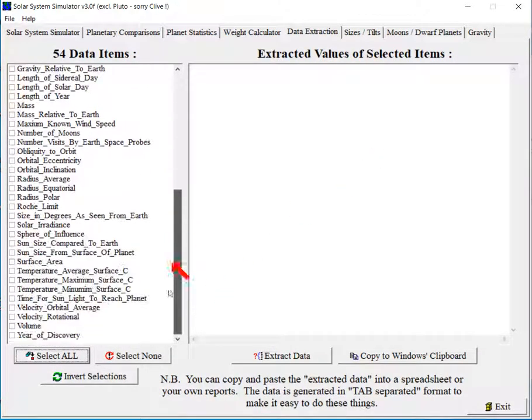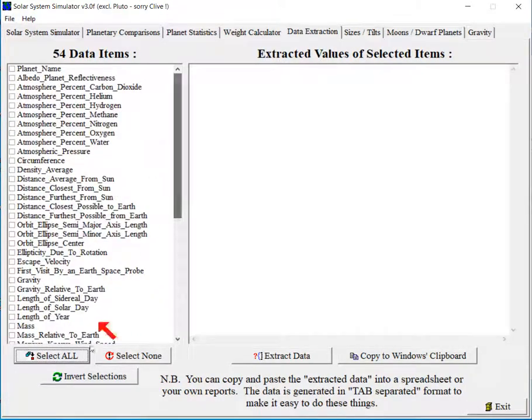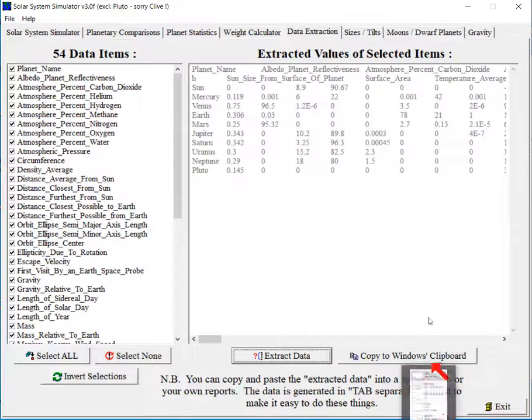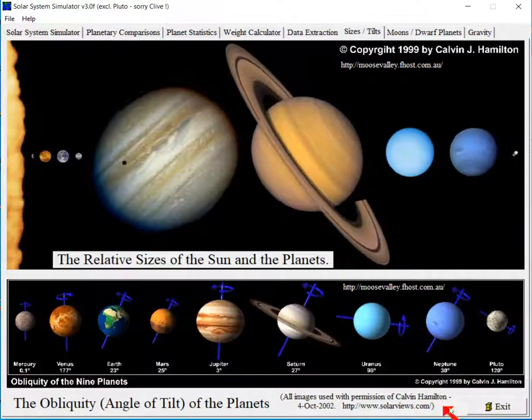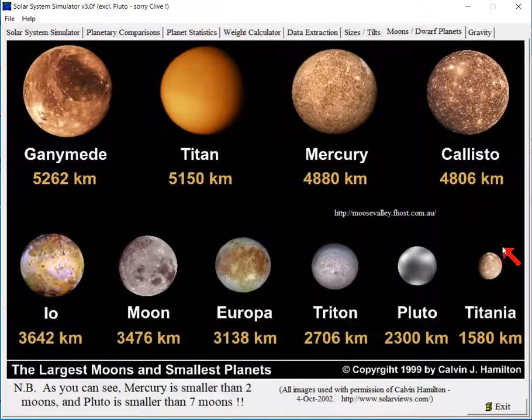If you want to extract the data for your own use, you can do that as well with this tool here. Select all, extract data, and then just copy it and paste it into an Excel spreadsheet, and away you go. You've got all my data. Sizes and tilts, just some diagrams here, and I'll use these diagrams with permission of Kelvin Hamilton, who's the guy who drew or compiled these diagrams. And there are some dwarf planets there, again from Kelvin Hamilton. I got permission for those,